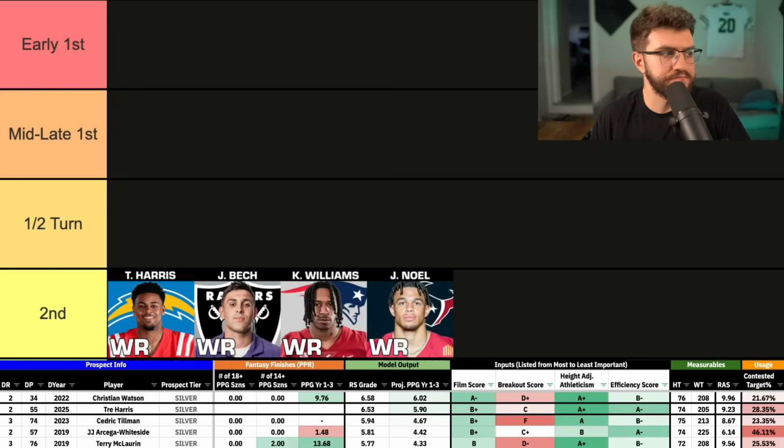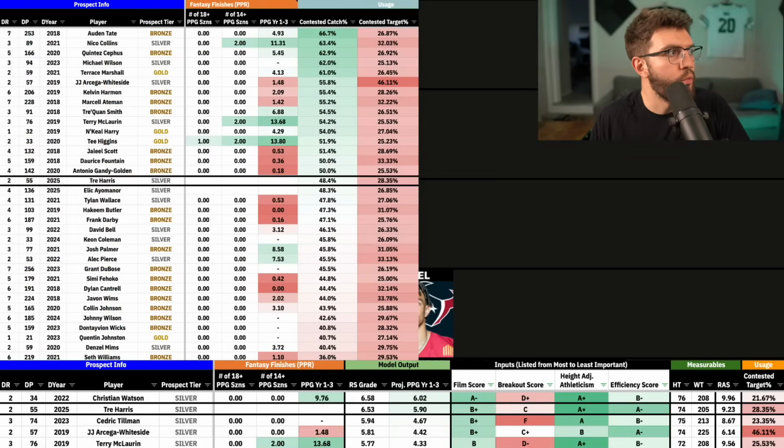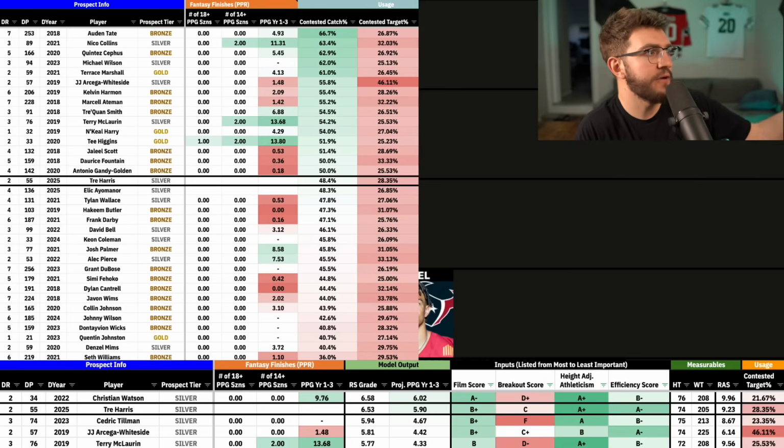Now, here's the thing with him that does concern me. When we look at wide receivers that have a 25% or higher contested target rate, so these are guys who are over a quarter of their targets are coming in contested catch situations, he has a 48.4% contested catch rate. You'd want that to be above 50%, and then also everything below him are all duds, right? Everything above him, you have T. Higgins, you have Terry McLaurin, you have Nico Collins. Below Tre Harris, you're looking at Akeem Butler. Elic Ayomanor's in there too, but you're looking at Akeem Butler,